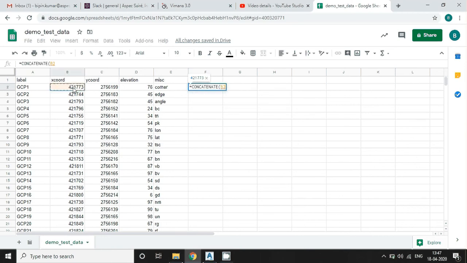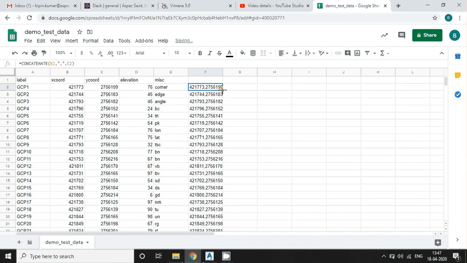the X and Y separated by comma and implement the same for every record. Copy entire column,